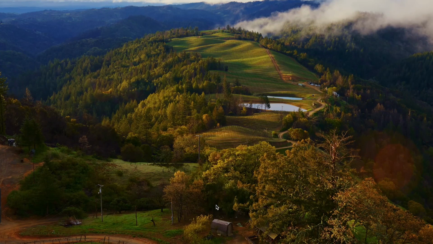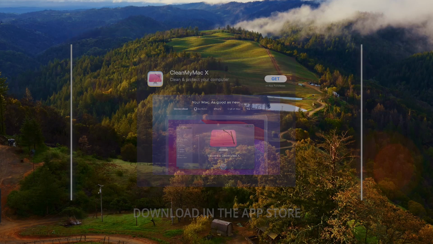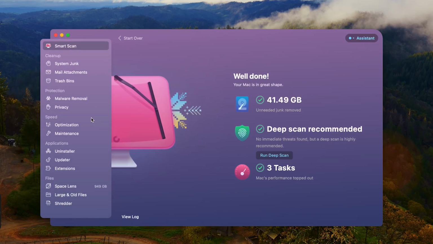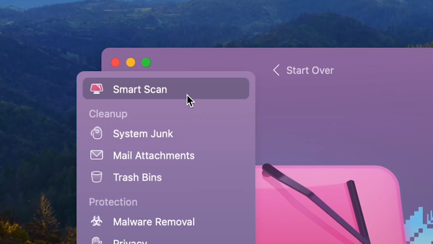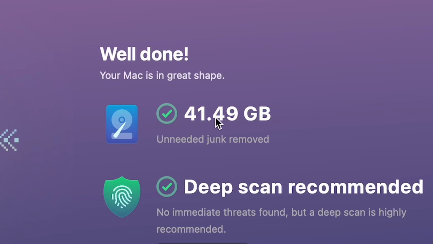Let's say that you're working on your Mac and you find that your hard drive is filling up. The best thing to do is to get an application called CleanMyMac. You can run a smart scan and it will look for what type of junk is on your Mac. So in this case, 41.49 gigs was just hanging out in the waste bin and in temporary files that could